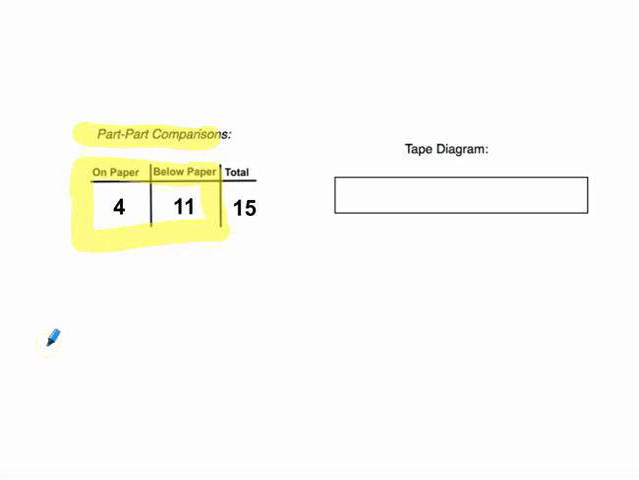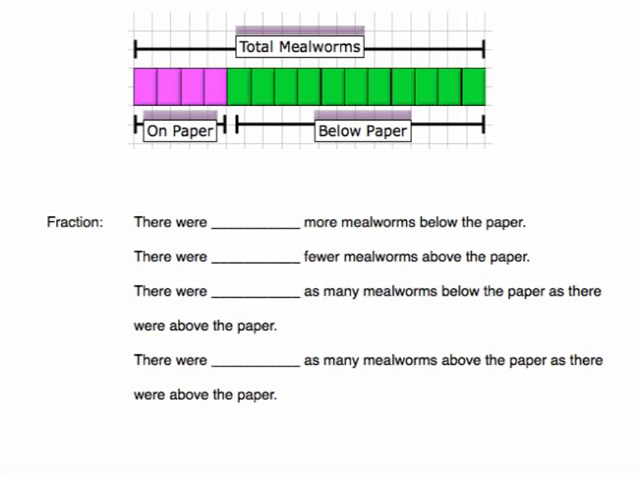And you can figure out what the total is by knowing this fractional relationship. You could take this and draw a tape diagram as well, and I'm going to show that on the following page. The tape diagram